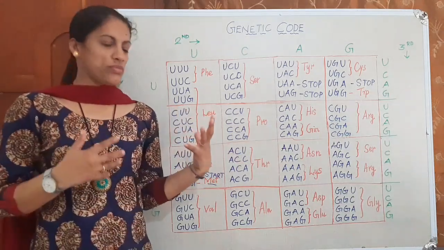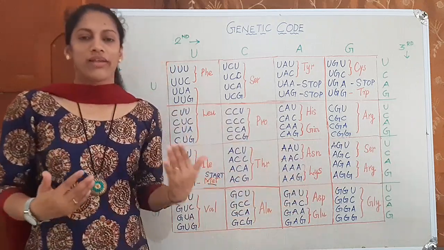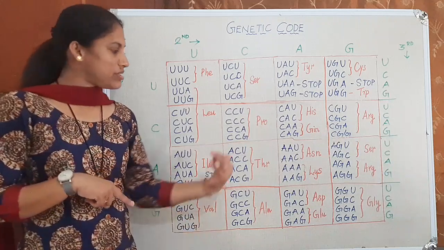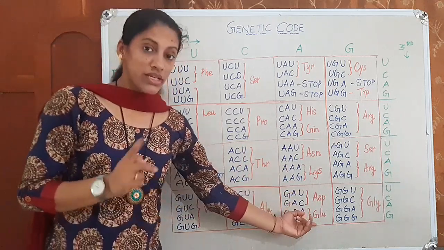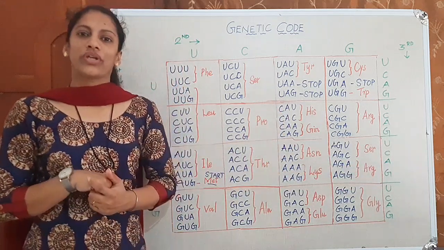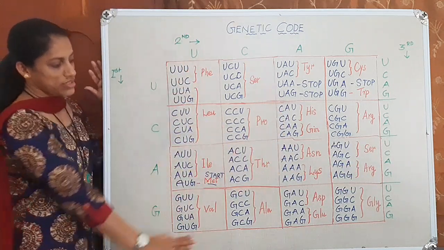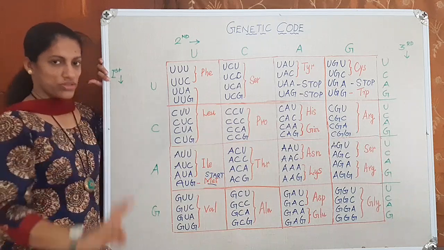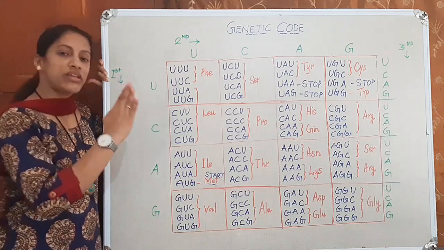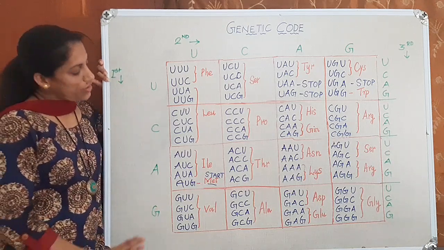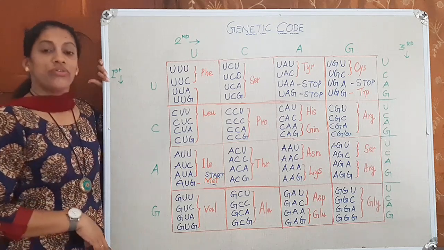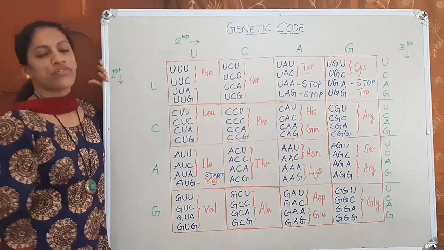Then, if possible, just learn the names familiar to you. You are familiar with valine and glutamic acid in sickle cell anemia, and also with arginine and lysine. And from this code, learn 2 more things. Among the 20 amino acids, which are the 2 amino acids that have the least number of codons?